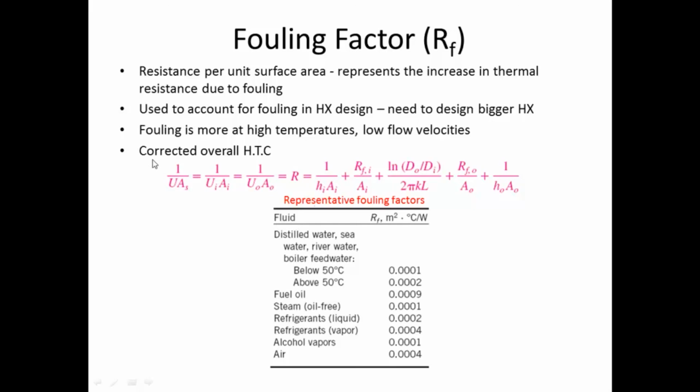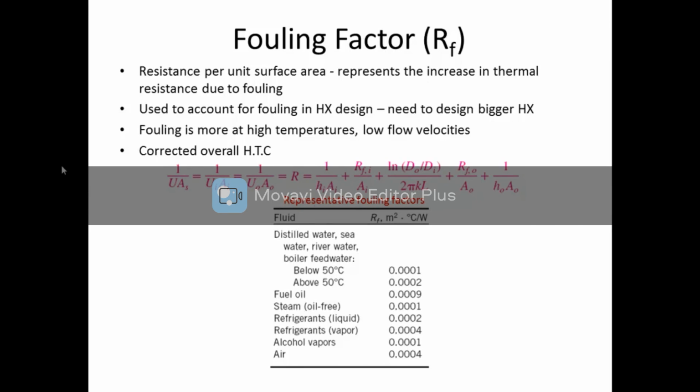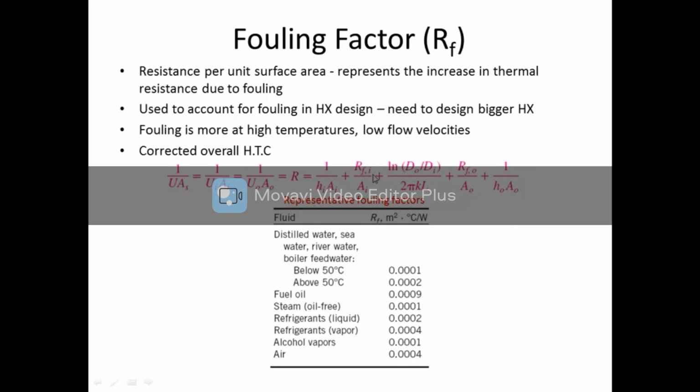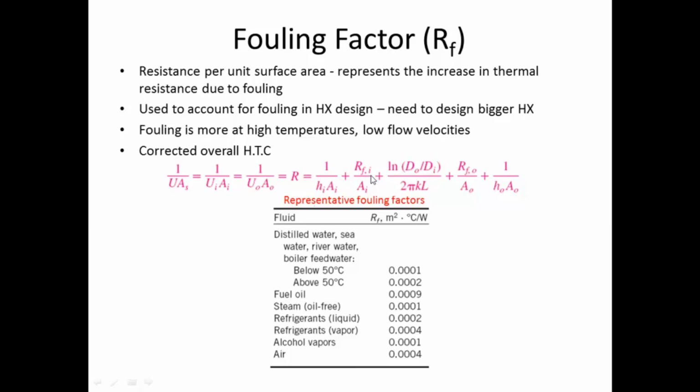So here we discuss the calculation of the overall resistance and the overall heat transfer coefficient, including the effect of fouling. So the R now includes the convection on the inner surface and the effect of fouling on the inner surface. RFI is a fouling factor for the inner surface. Since it is a resistance per unit area and the actual area on the inner surface is AI, the resistance due to fouling will be RFI by AI. Please remember that even though RFI is the fouling per unit surface area, it needs to be divided by the area and not multiplied by the area to get the actual resistance.